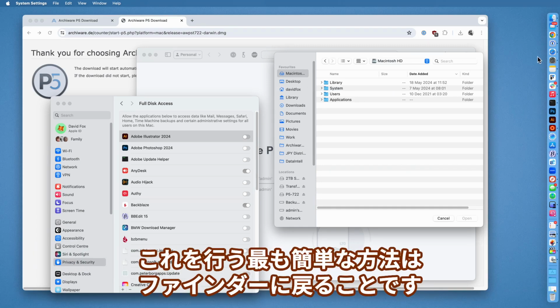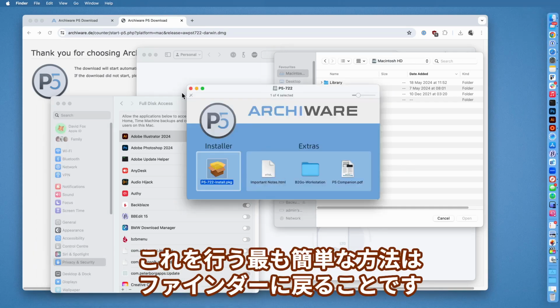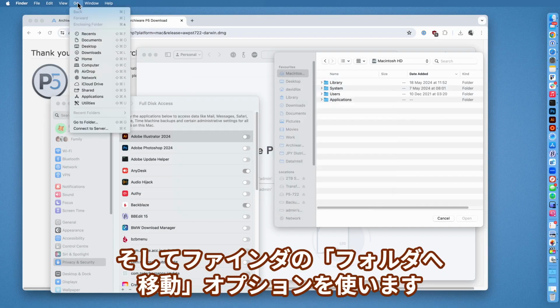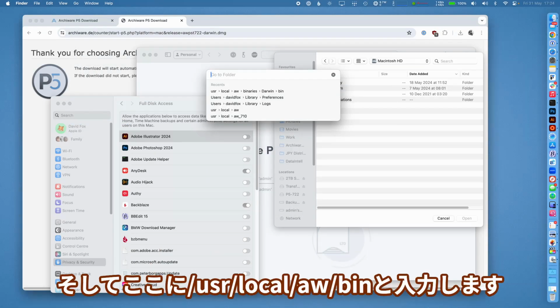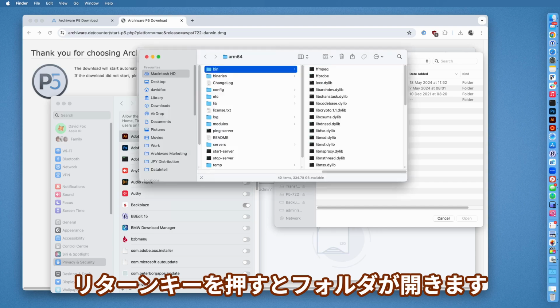The easiest way to do this is to flick back to the Finder and use the Go To Folder option in the Finder, and then in here type in usr/local/aw/bin and hit return, and this will open up a folder